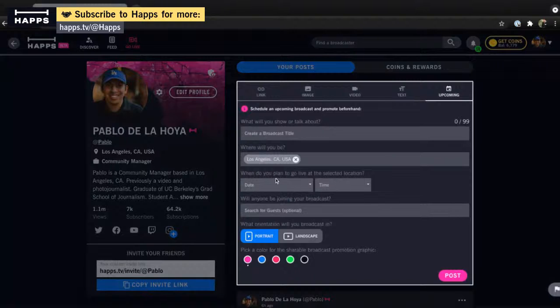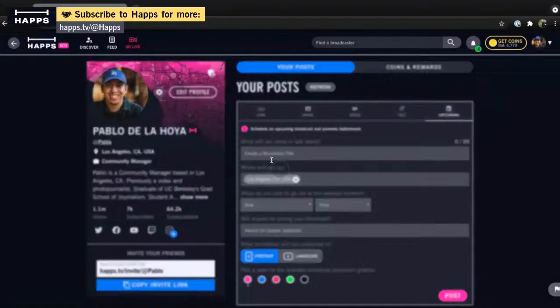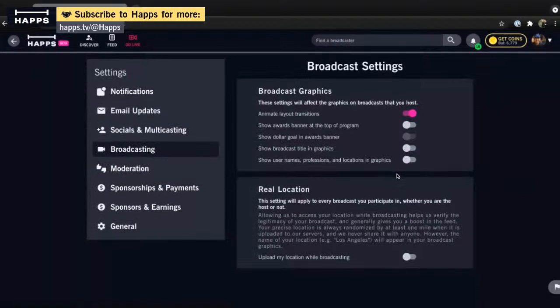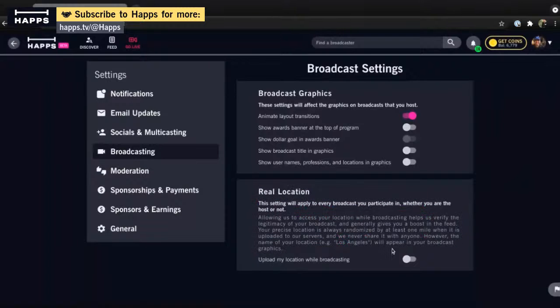However, if I hit go live, and you have this setting turned on, so I'm going to go ahead and go to my settings, go to broadcasting, and then real location. That is the setting. If you have the setting for real location on, it's going to automatically switch your location, whether it's a scheduled post or not, to your most closely identifiable location that you're pinging to the app via your location services. So if I say that I'm going to be in Los Angeles when I go live, but